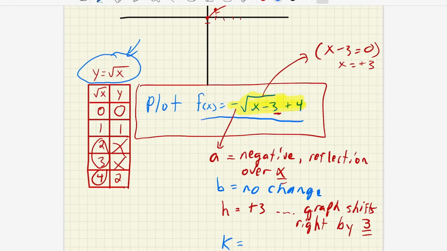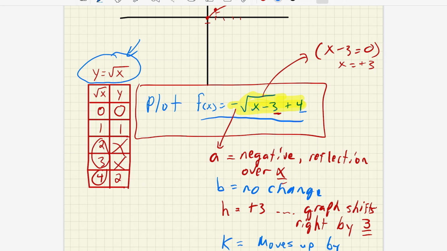And then, of course, we have the k value, which, again, we don't have to reverse the signs because that part of the function is not going to be set to 0. And so since it's positive 4,